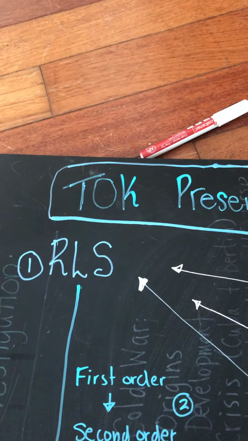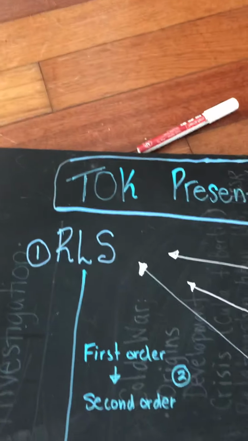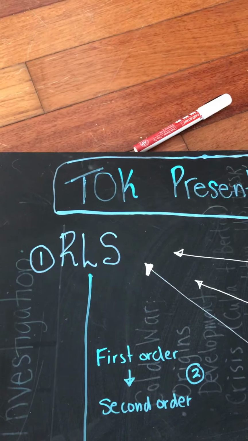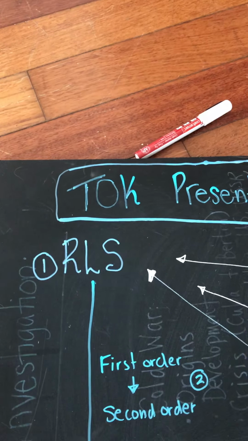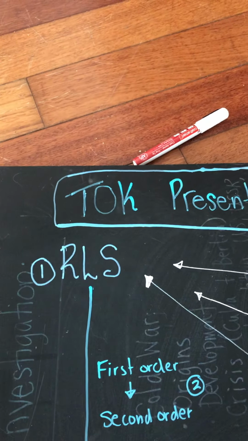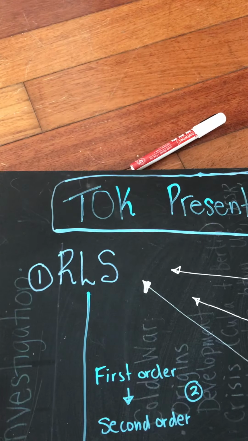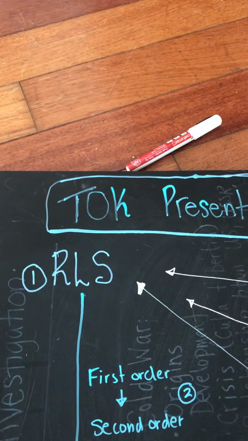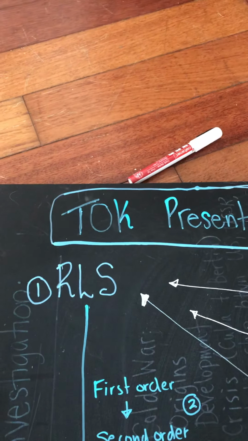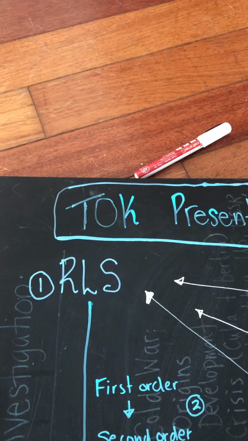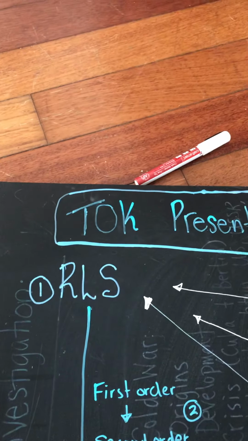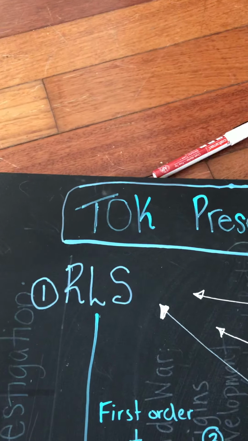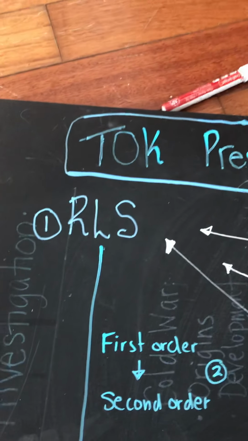So when you first begin your presentation and your planning, you're going to start with a real life situation. This can be in your personal life, or this can be something that you've read about. It can be today, around our time, or it can be in the past. So a real life situation could be the discovery of something that happened in the past, like during the scientific revolution, for example. So you start with that, briefly explain it, and then what you do on your way down,